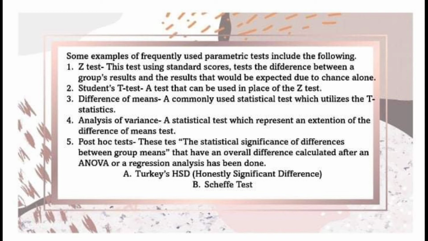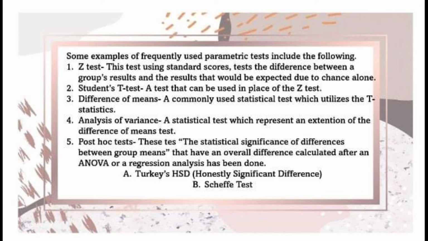1. Z-test. This test, using standard scores, tests the difference between a group's results and the results that would be expected due to chance alone. 2. Student's t-test. A test that can be used in place of the Z-test. 3. Difference of means. A commonly used statistical test which utilizes the t-statistic. 4. Analysis of variance. A statistical test which represents an extension of the difference of means test. 5. Post-hoc test. These tests